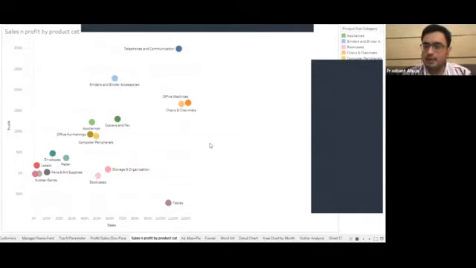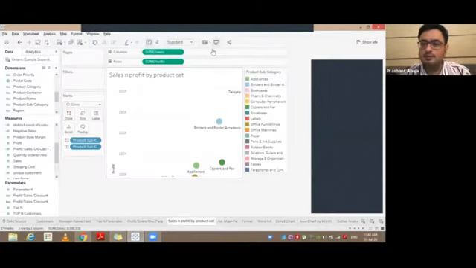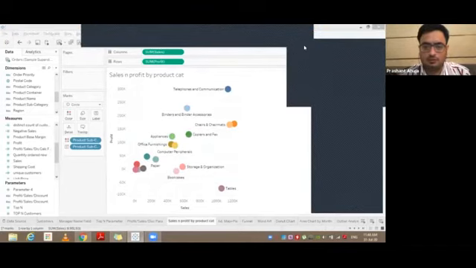We need to analyze data. We need to present data in a very user-friendly way. And if we do it this way, I think this is probably one of the best visualizations for a three-dimension chart. Now, this shows you the sales and profits for all the product categories. Now, if I ask you this question, is there any category, any subcategory, while looking at this chart, you feel that this particular company should stop selling, should discontinue? Please answer in the chat window.